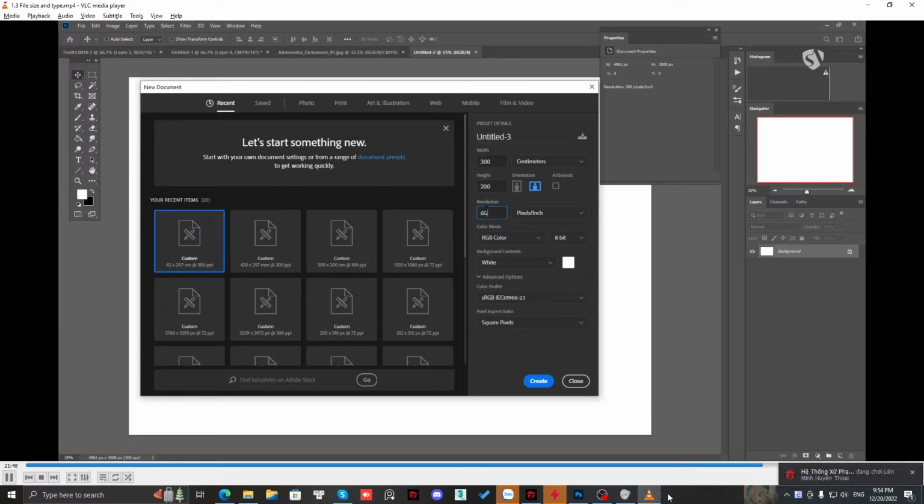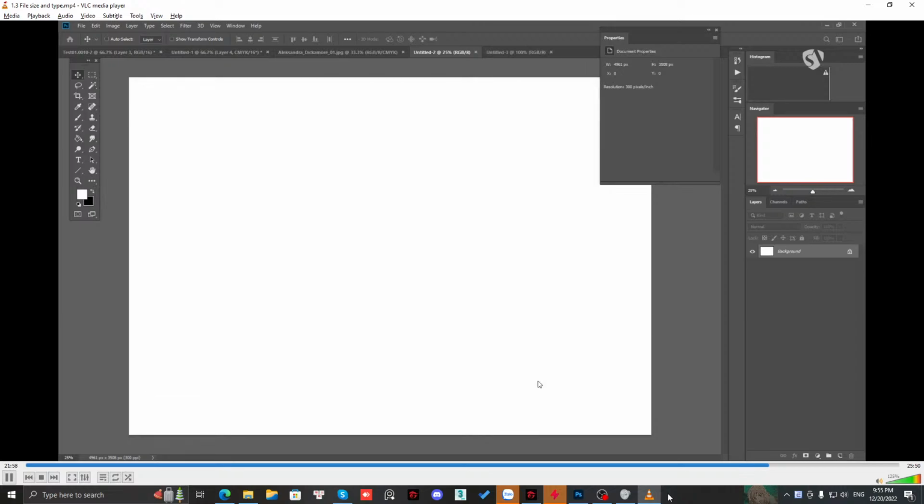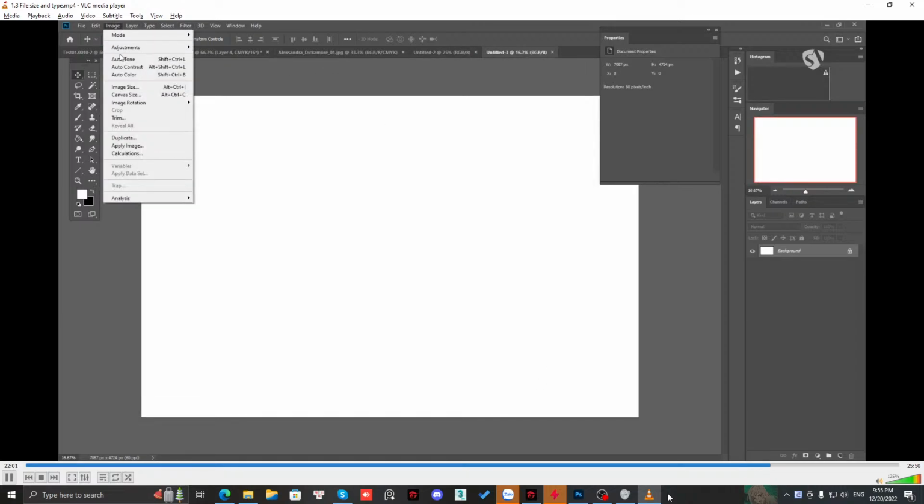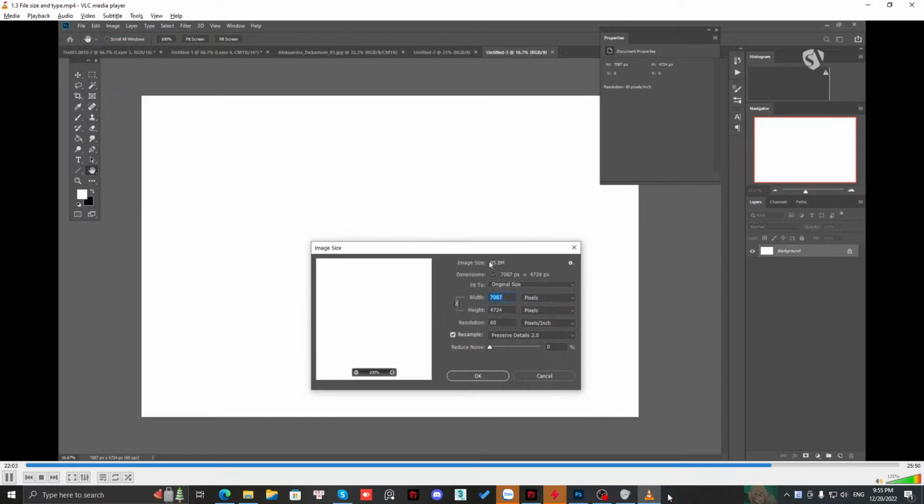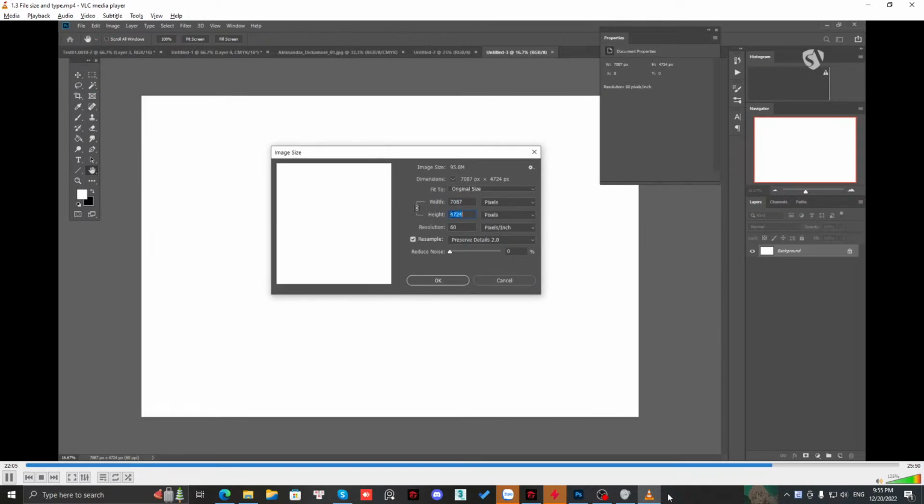This is how much they are going to tell you, probably 60 or 100, but not more, because if you have more, it's going to be too much for them to handle. And you create, and again you go here, image size, and you see that this is the dimensions in pixels